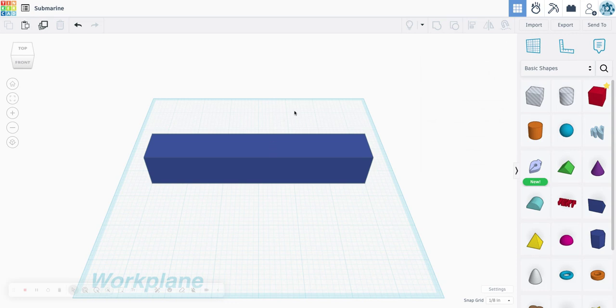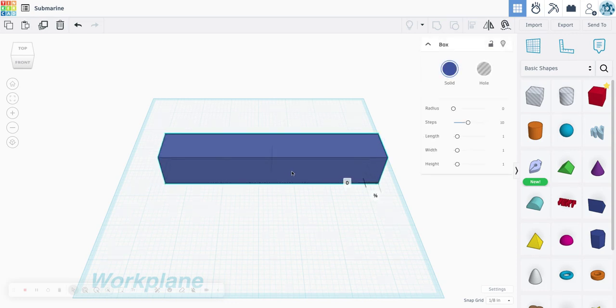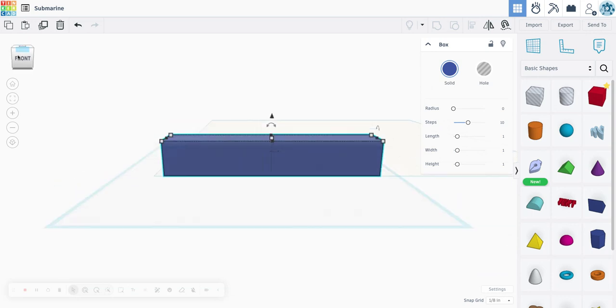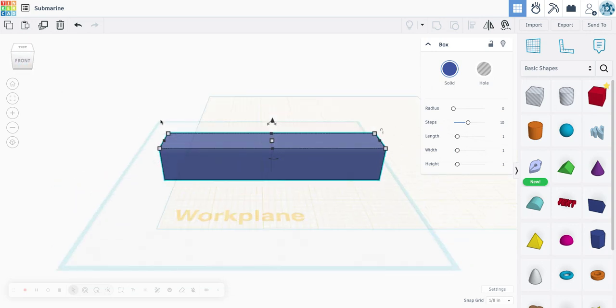Next, I want to add a little top piece to my submarine. So in order to do that, I am going to use some sticky paper or another work plane. So over on the right side of the navigation tool, I can click on the thing that looks like a grid, looks like a work plane, and it's going to give me a sticky paper. And I'm going to put that sticky paper work plane right on top of this box, because the next shape that I want to add to this model submarine,